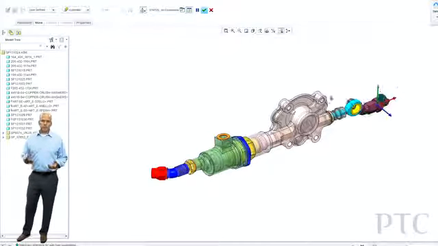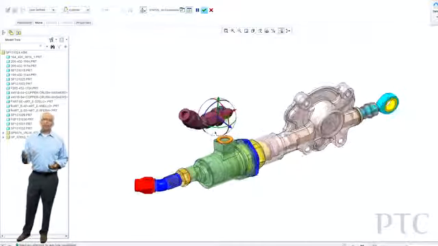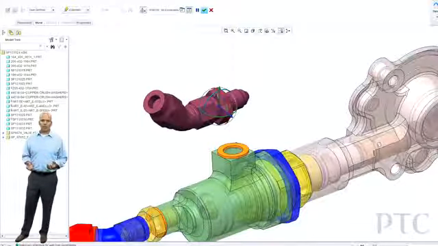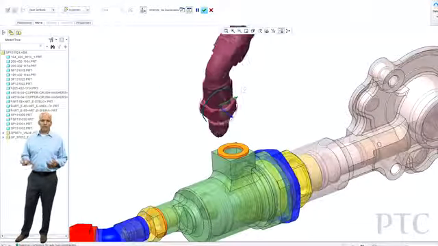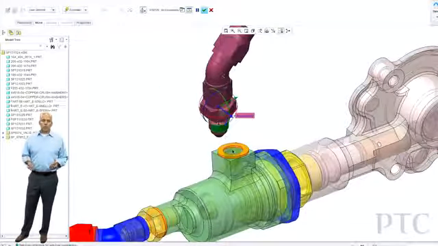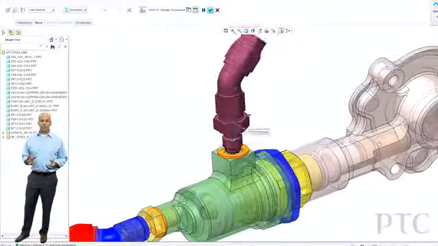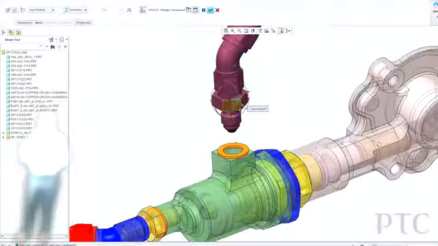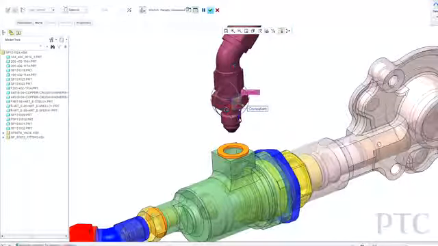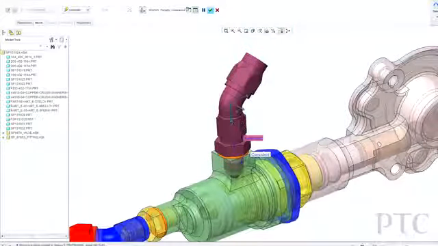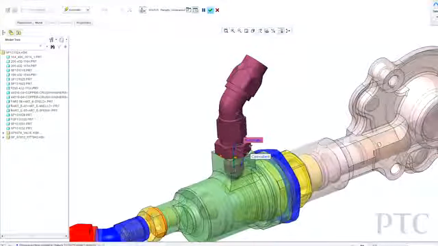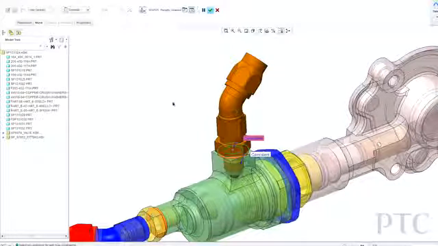Now as soon as you go to assemble a component, and I can drag it in off the desktop or find it in the File Open dialog, I get the dragger with which I can position where my part's going to be located. There's a few cool things taking place here. The first is that as soon as I pick, let's say, a cylindrical surface, the dragger changes and only the degrees of freedom that are then available are the ones I can move the component in. And we'll automatically recognize, hey, you pick one cylindrical surface, you pick another, we've snapped to that.